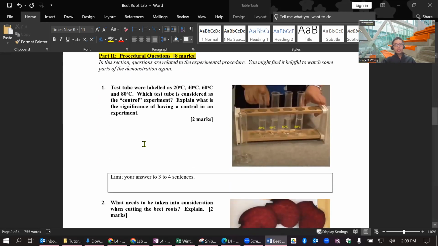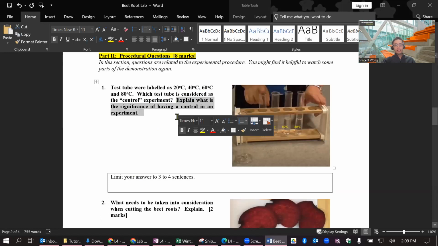All right, next question here. The test tubes were labeled 20 degrees, 40 degrees, 60 degrees, and 80 degrees. Which tube is considered as the control of the experiment? Explain what is the significance of having a control. A lot of people lose marks here because they picked the wrong control. The control is one of these tubes. So don't make up anything else. Your answer should either be 20, 40, 60, or 80. So you tell me the control of this experiment is the whatever degree tube. And then